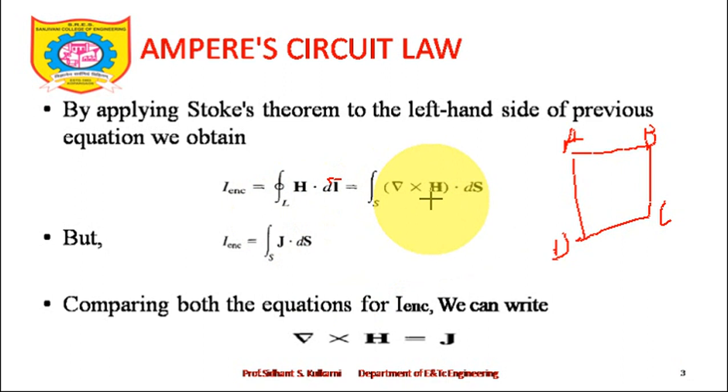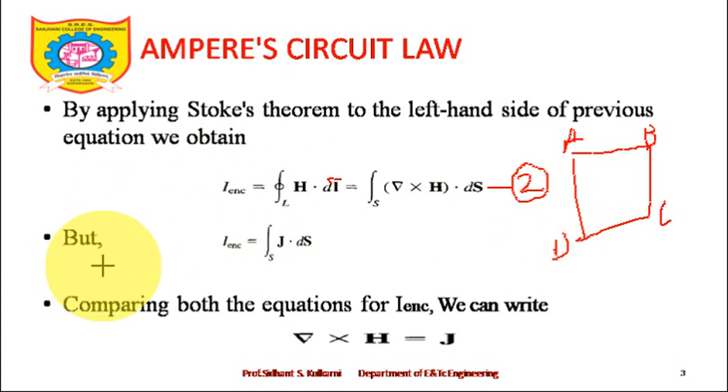But now what is the statement of Stokes theorem? Stokes theorem says that it is exactly equal to the curl of that vector over a surface. I need to calculate the curl of that particular vector, for which I need to calculate this closed line integral. So it is curl of h bar dot ds bar. If h bar dot dl bar is equal to del cross h bar dot ds bar, comparing with equation 1, I will call this equation 2. Combining equations 1 and 2, I come to the conclusion that I enclosed is equal to this much expression.